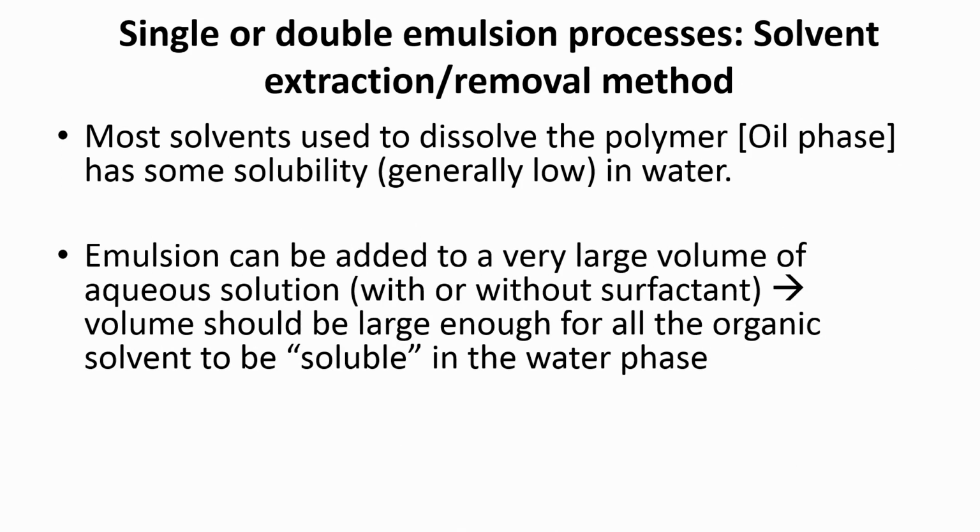And so, what do we mean by that? For that to happen, the emulsion has to be added to a very large amount of aqueous solution with or without the surfactant, and the volume should be large enough so that the organic solvent is actually soluble in the water phase. Now, initially, after the emulsion has been made, let us say for a single emulsion, this is your oil droplet,